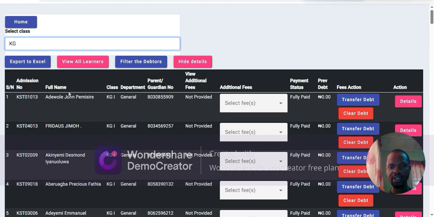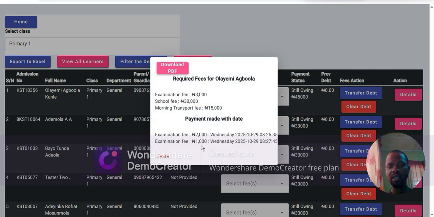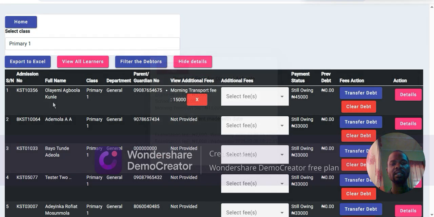if you try and check the payment record here, you will see the payment is being deducted. So this is the analysis. So that is that